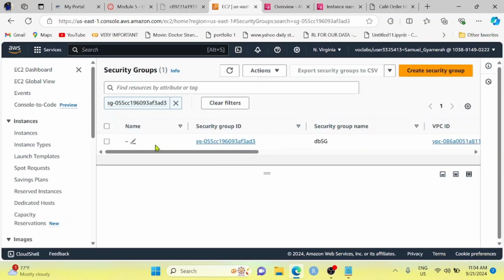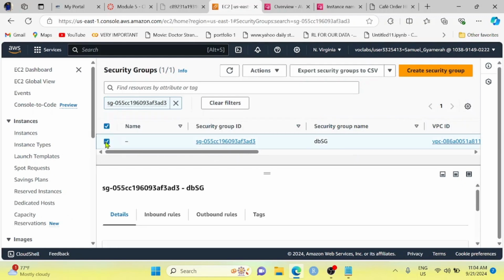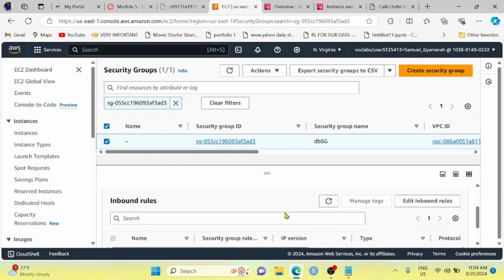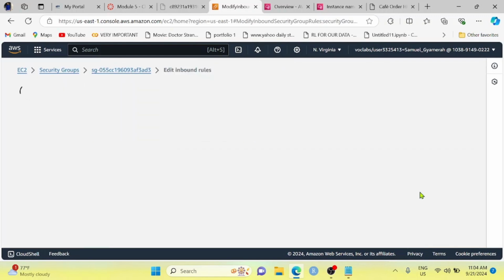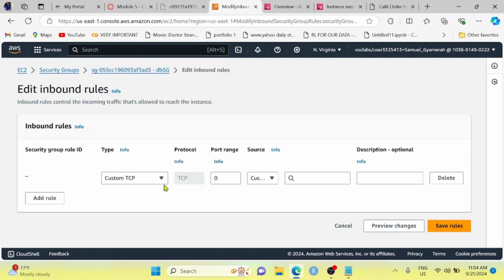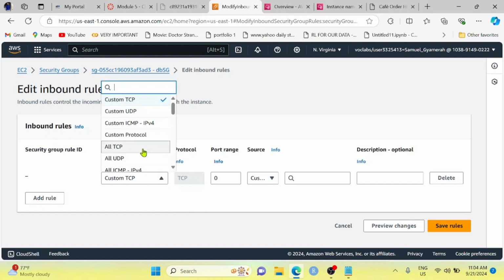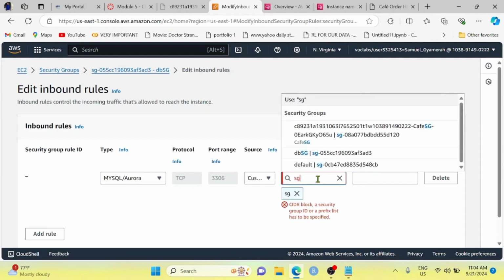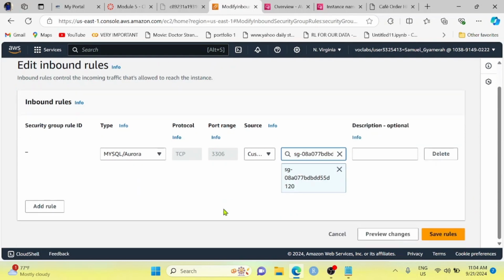All right. So to do that, let's select this and go to the inbound rules. Okay, and we have to edit the inbound rule and then add a rule, and the custom is MySQL. Okay, MySQL Aurora. And here we are asked to search sg dash, and that's it. Okay, it is this one. Let's click on it and then